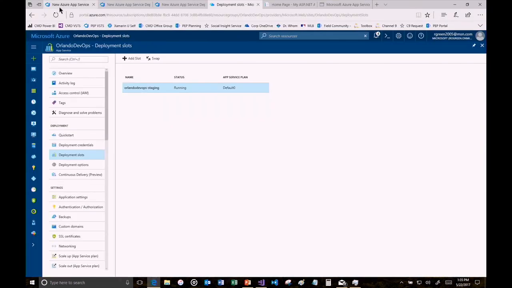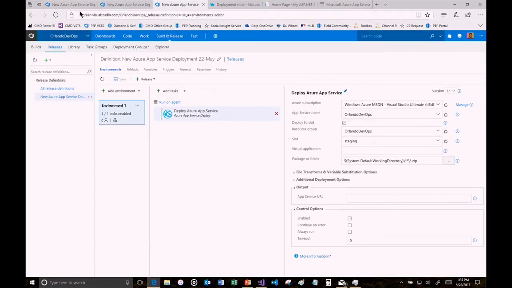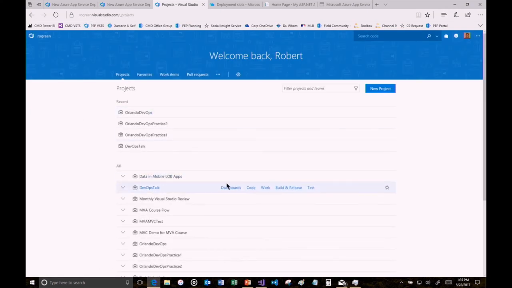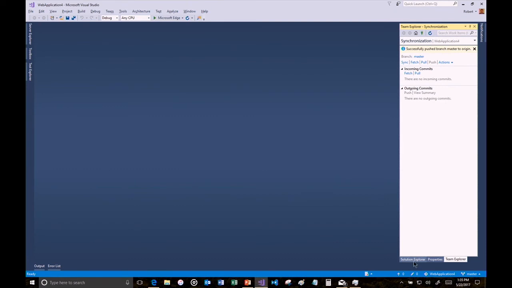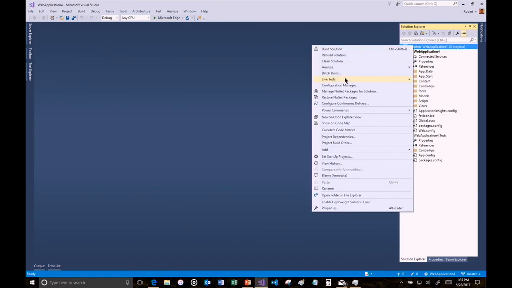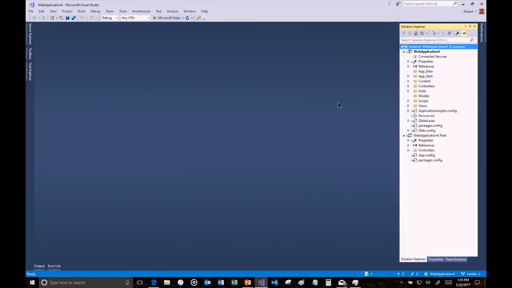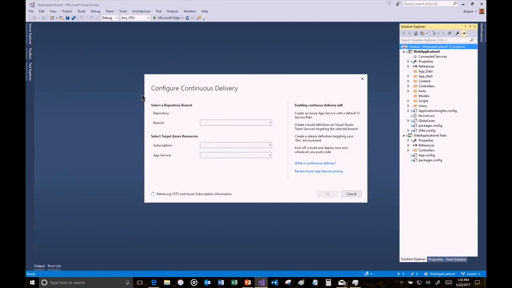So let's just go to my main page and see if that got created. Nope, it didn't. Okay, well, so if I configure continuous delivery, okay, so now